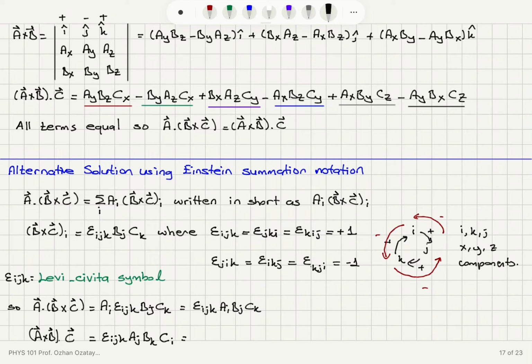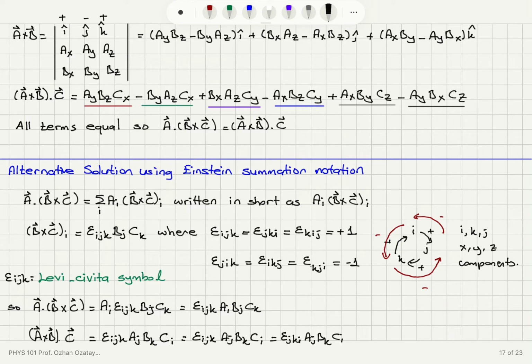And this is equal to epsilon ijk aj bk ci. So epsilon ijk is equal to epsilon jki. So this is epsilon jki aj